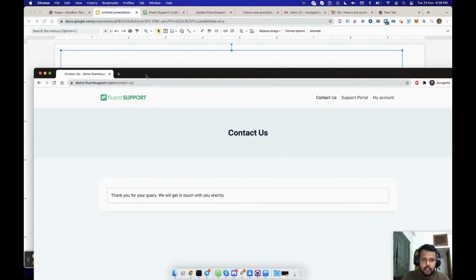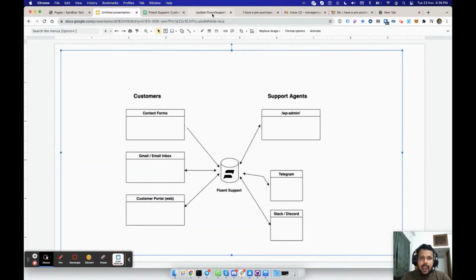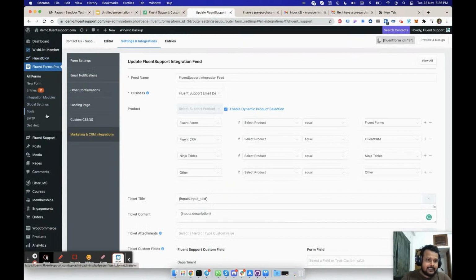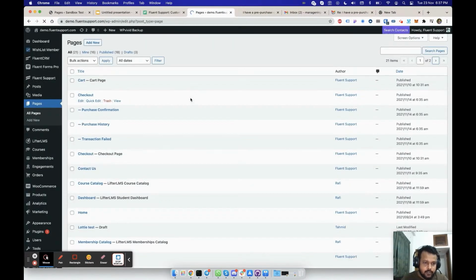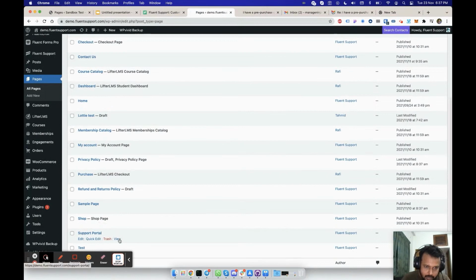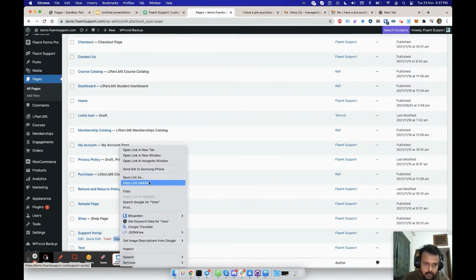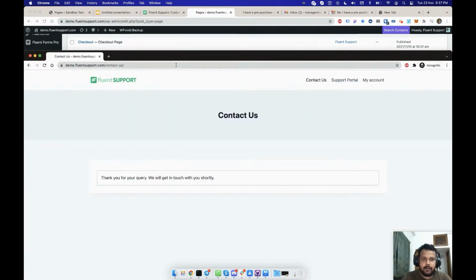Remember we had a page here, the support portal. So I think that's the support portal, and if I copy this URL and open it in the